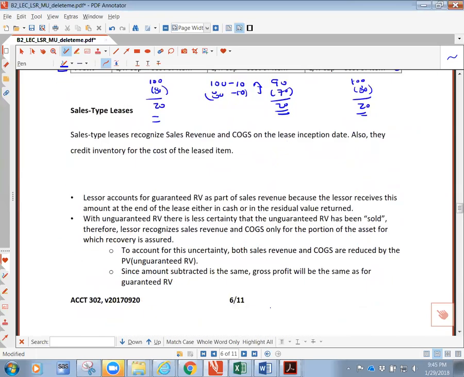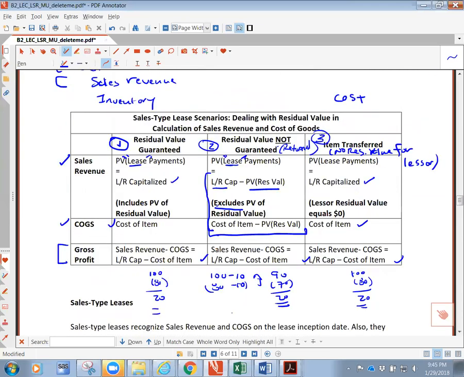All right. So that's how you measure sales revenue and cost of goods sold for a sales type lease. And later we'll get into some,